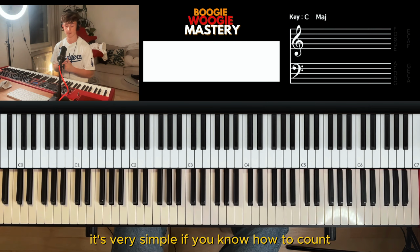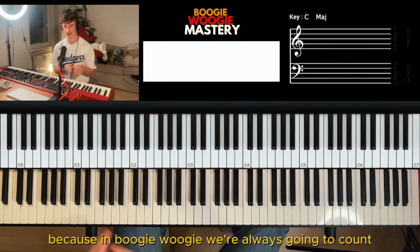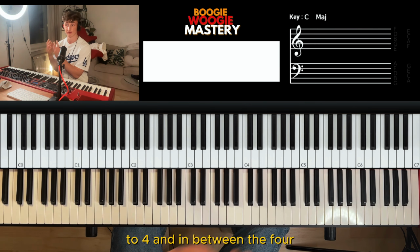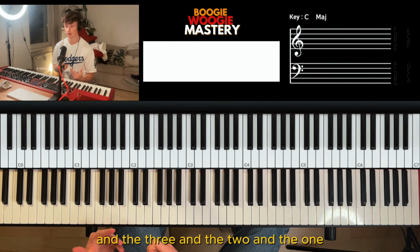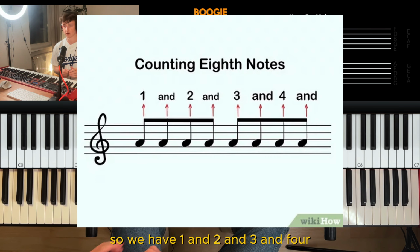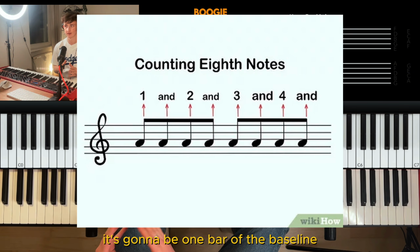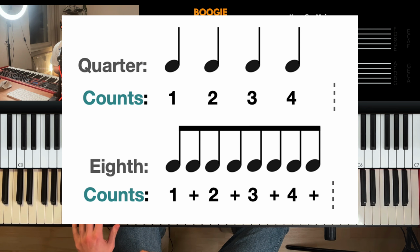It's very simple. If you know how to count, you can play a swing rhythm, okay? Because in boogie woogie, we're always going to count to 4, and in between the 4 and the 3 and the 2 and the 1, we're gonna have an "and," okay? So we have 1 and 2 and 3 and 4, okay? That's going to be 1 bar of the bass line, and